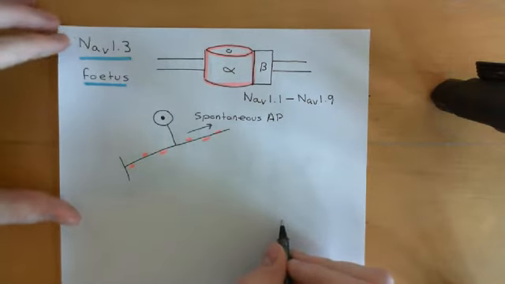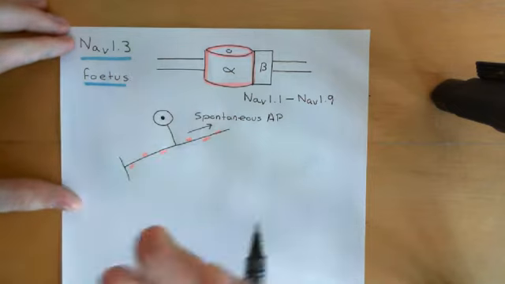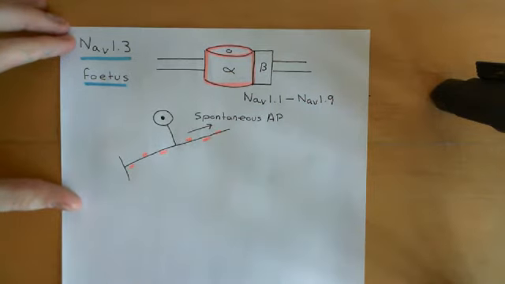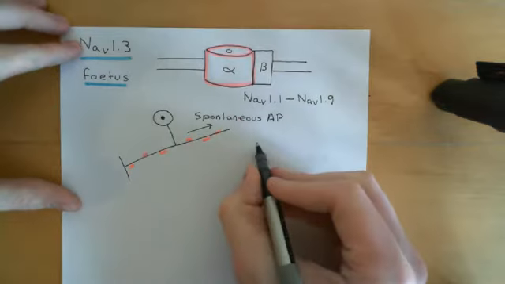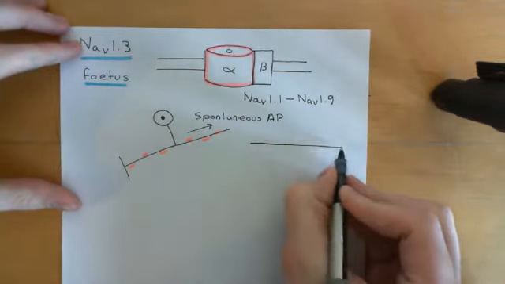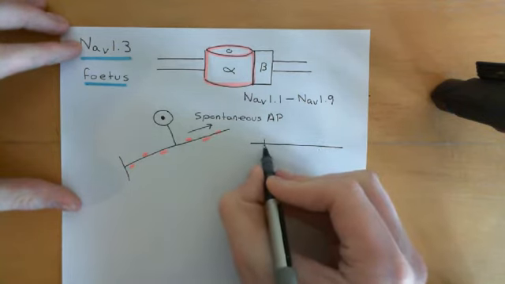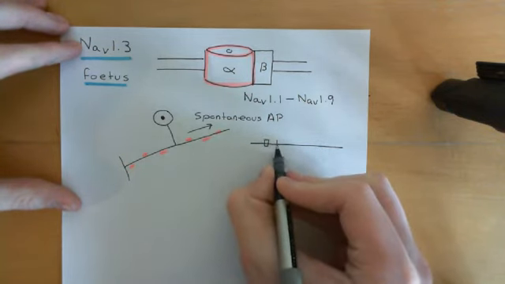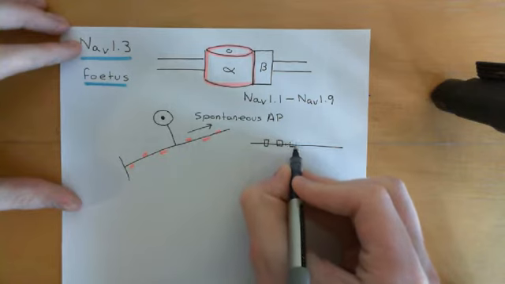Because if you have really dense alpha subunits of voltage-gated sodium channels, then it's likely that any little local perturbation in the electrical potential difference across the cell membrane is going to cause an action potential. So let me explain what I mean by this. If this is the membrane here, and let's now say we have really dense voltage-gated sodium channels in this area